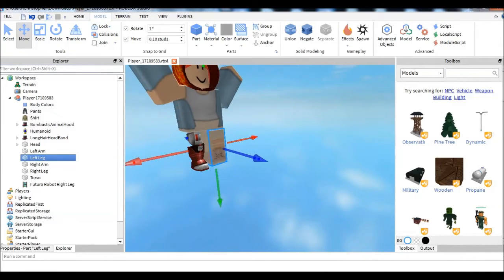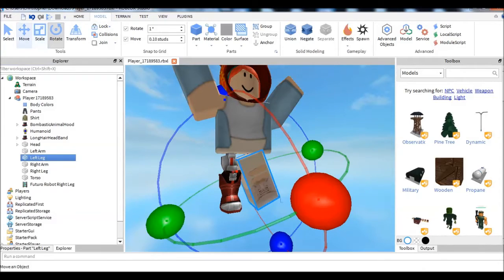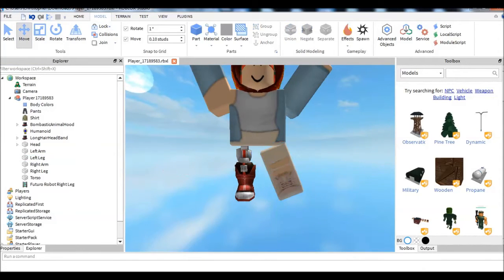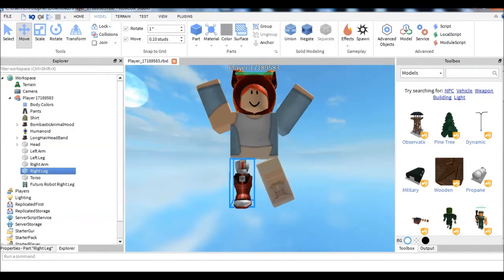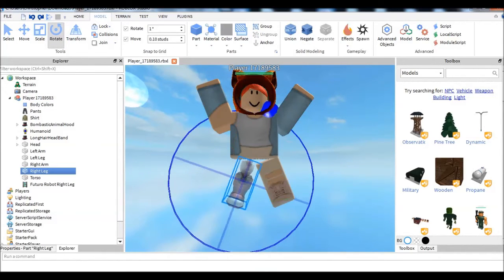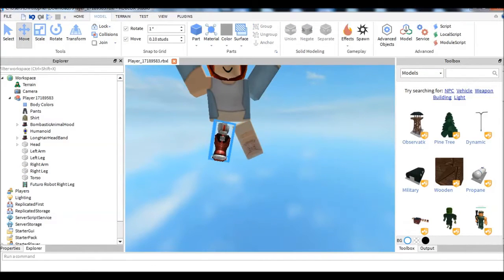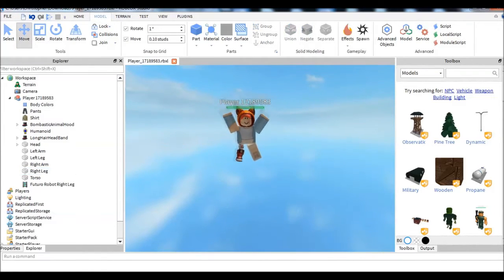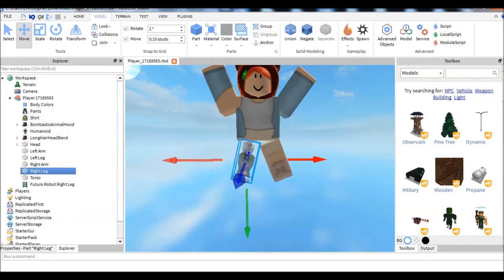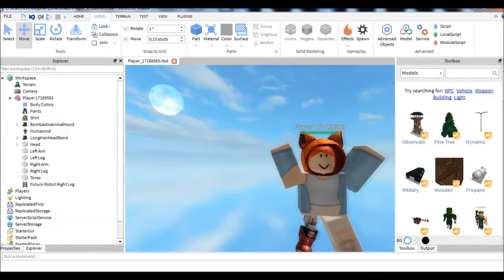And then just do the leg. Okay, so we got a nice little position. So we got a person position, so now we're gonna export it.